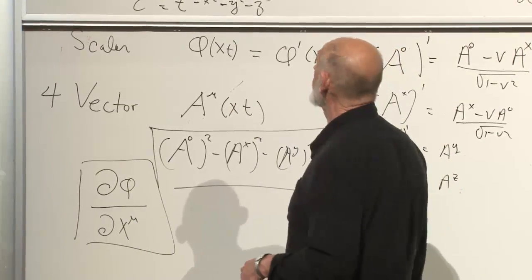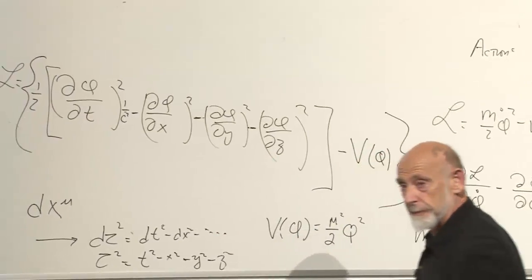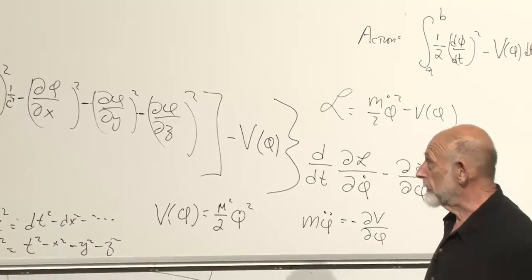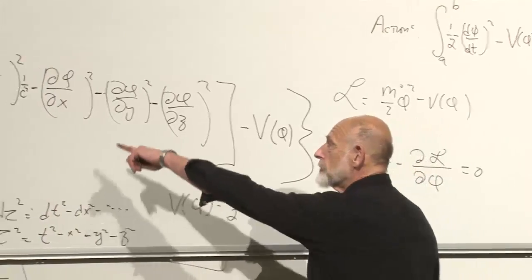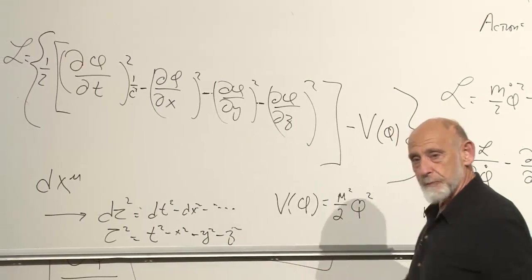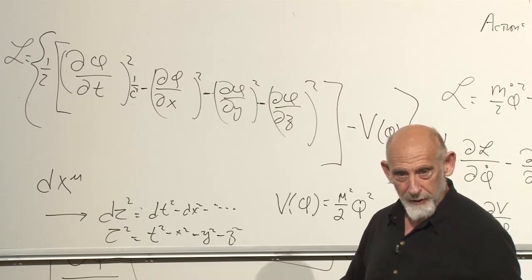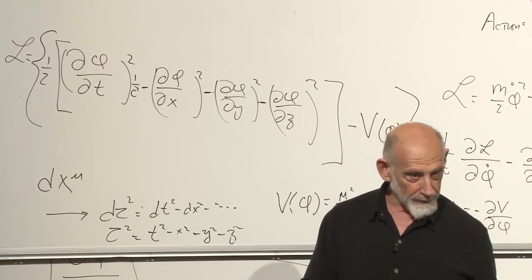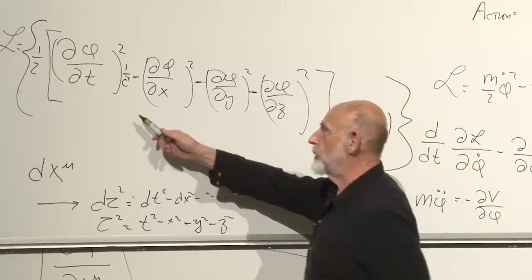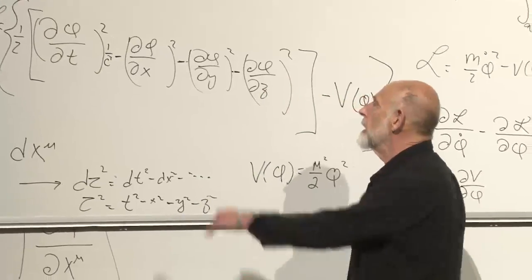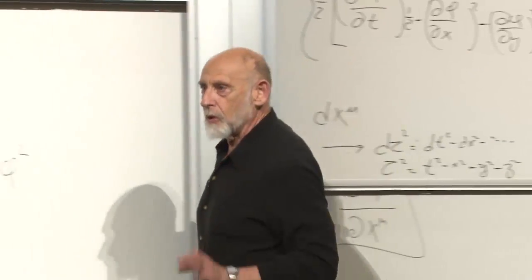Now, let's come back. Where is our Lagrangian? Here it is. Is this invariant with respect to rotations? Let's forget Lorentz transformations. How about rotations? Yes, because this is the sum of the squares of components of a space vector. It's like x squared plus y squared plus z squared. That's rotationally invariant. So yes, this is invariant not only with respect to the Lorentz transformations along the tx axis, but also with respect to rotations of space. And that's enough. That's all you have to keep track of.